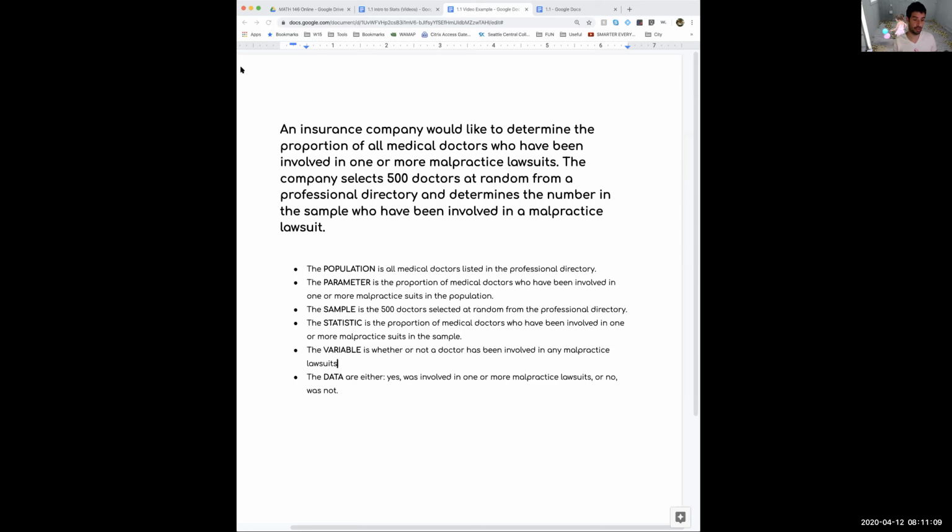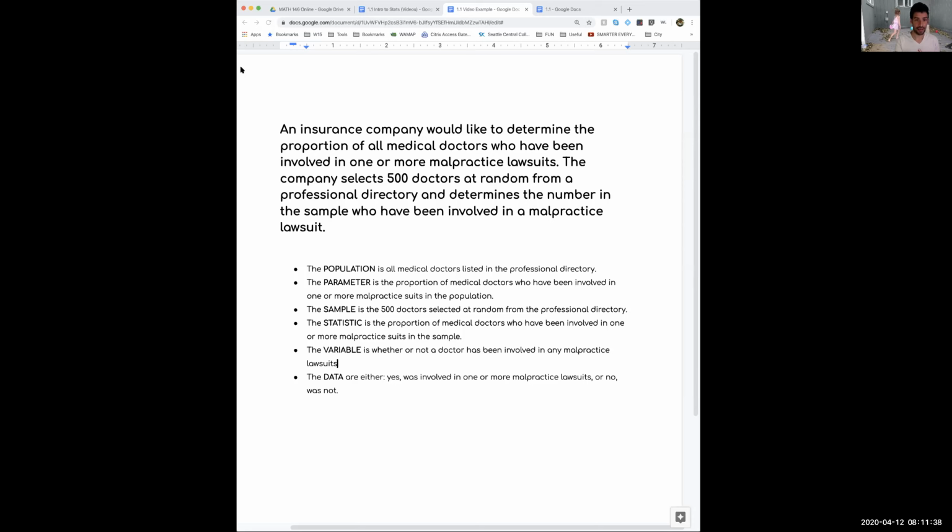And the parameter is the characteristic that they want to know about. It's a number that represents a characteristic about all of the doctors. In this case, the number would be a proportion, right? The proportion of all the medical doctors who have been involved in one or more malpractice suits. Okay, so the population is all the doctors, and the parameter is what proportion of them have been involved in one or more